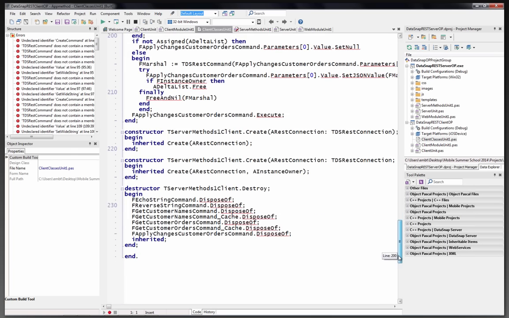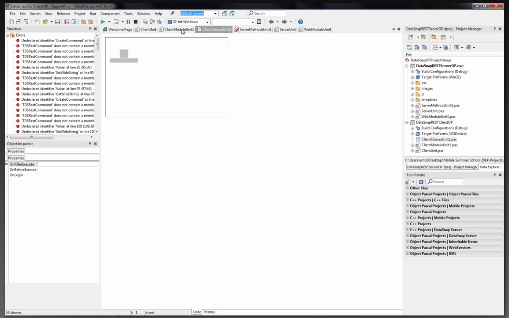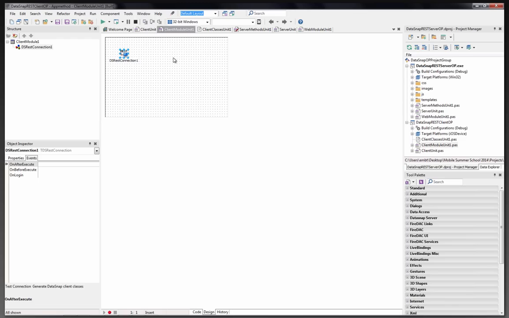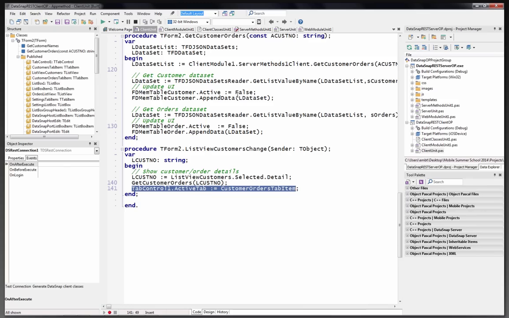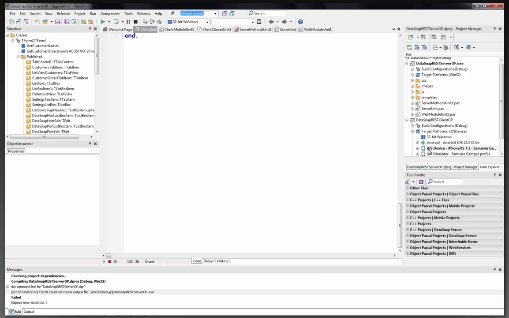So that's all happening, and all that code is generated automatically by querying the DataSnap server methods and their parameters. We generate those so that all I have to do in my client interface is call this method, for example, client module 1, server methods client get customer orders, and pass it a parameter. So it makes my life in programming a lot simpler. So my DataSnap server is running. Let's go to the device,